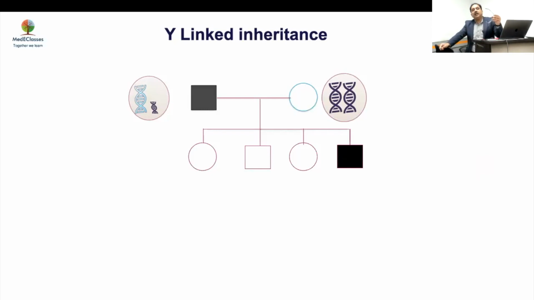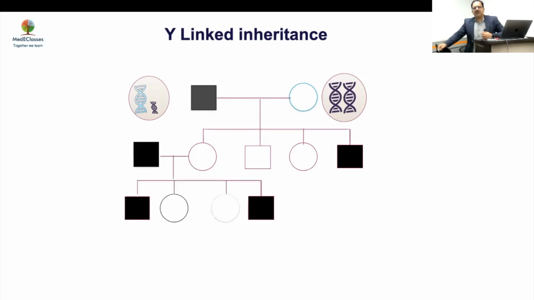What are the major genes on the Y chromosome? They are there for testicular development. If they are gone, the person will be infertile, so there will be no inheritance. But for theoretical purposes, it will be father, son, father, son. So all males will be affected, and every generation will be affected.